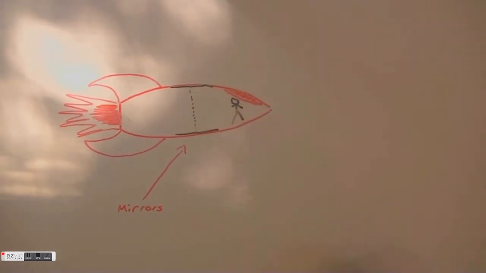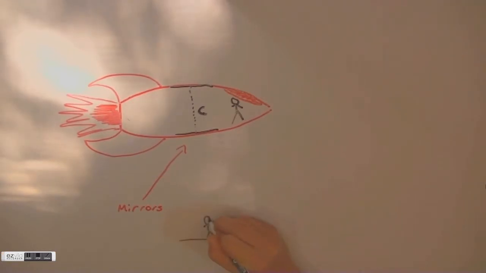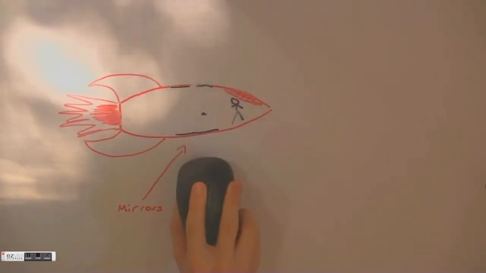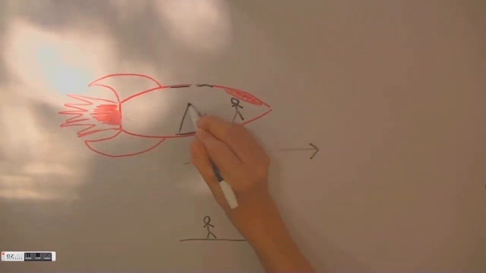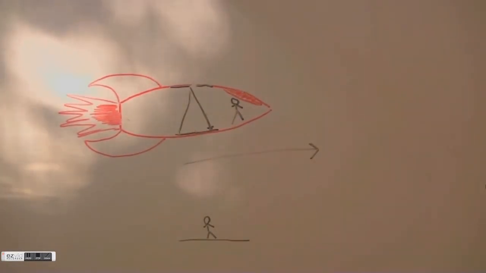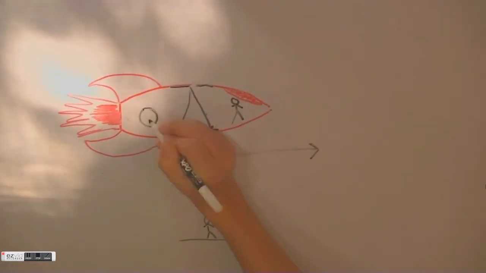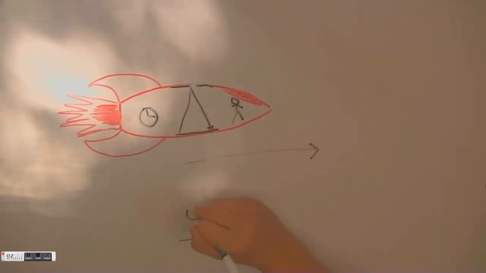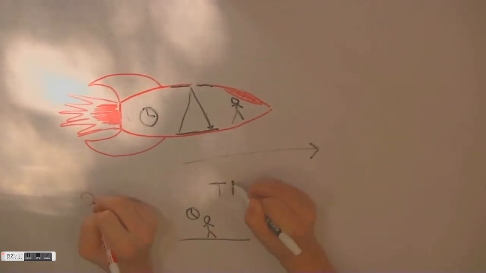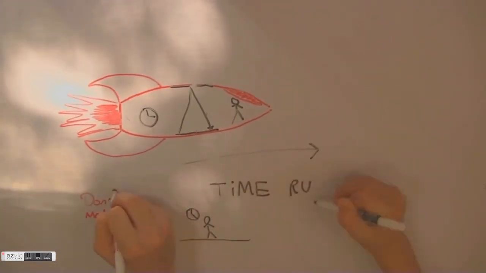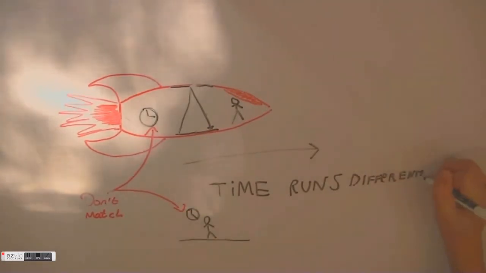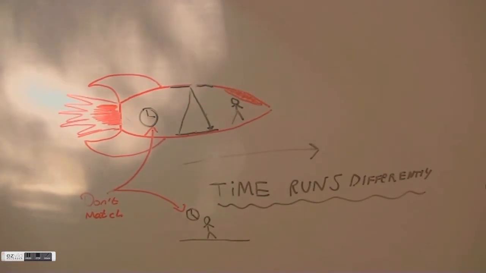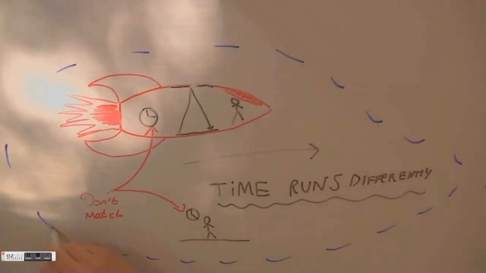So now let's say we have a spaceship that has two mirrors that's bouncing a beam of light up and down on the two mirrors. The person in the spaceship sees it going up and down at c. However, let's say we have a person that's watching the spaceship fly by. He sees the beam of light moving in a zigzag pattern, so therefore the time that it takes to travel upwards is more distance. So how does Einstein say that their measurements can both be right? Easily. Time runs differently. So Einstein says that time is relative, space is relative, however space-time is absolute, and therefore the speed of light is also absolute.